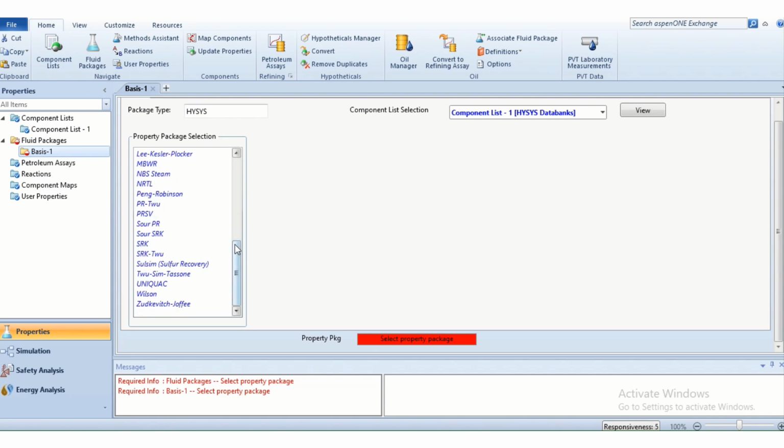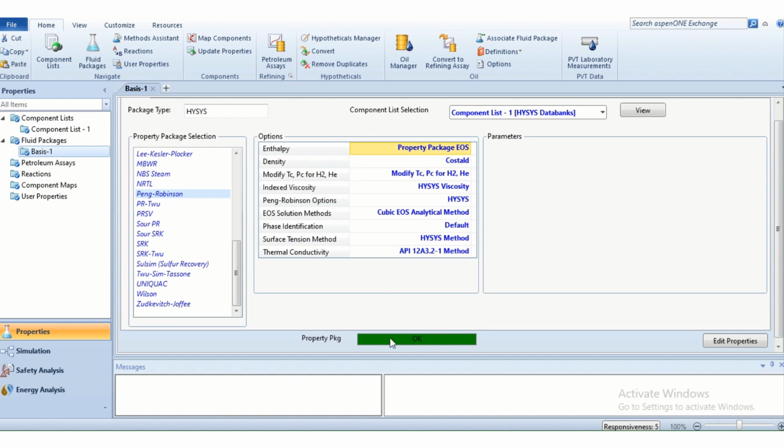So for water we normally select the Peng-Robinson equation. As you can see, it turns green. Alright, and all the properties of water are now calculated on the basis of Peng-Robinson, all the thermodynamic properties.